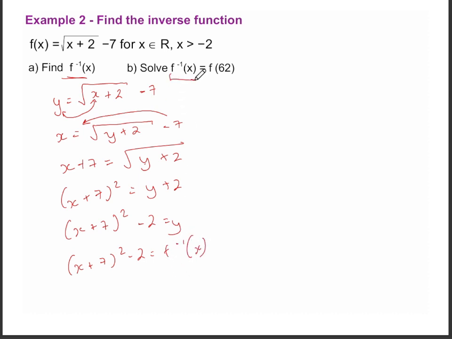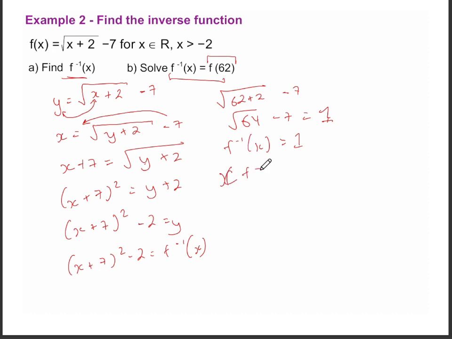Then we want to solve this for b. So firstly, we need to find what is f of 62. So we can put 62 into the f function. So root 62 plus 2 minus 7, which is just square root of 64 minus 7, which is 8 minus 7, which is just 1. Okay. And we basically want f inverse of x equals 1, because the right side is equal to 1. And f inverse of x we found was this. So x plus 7 squared